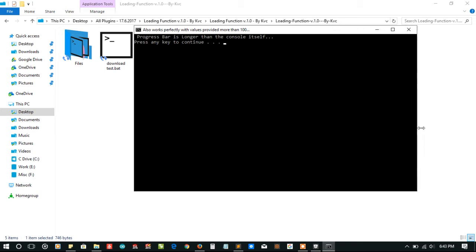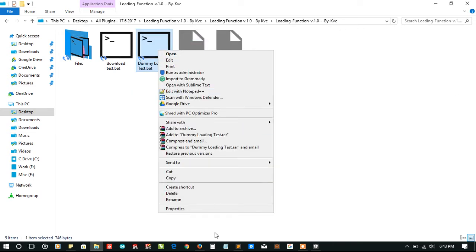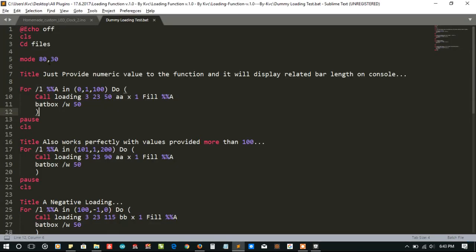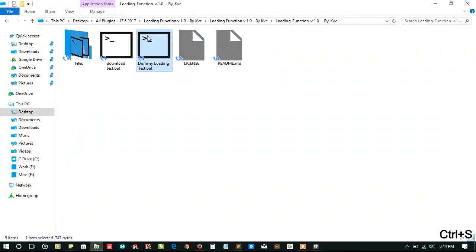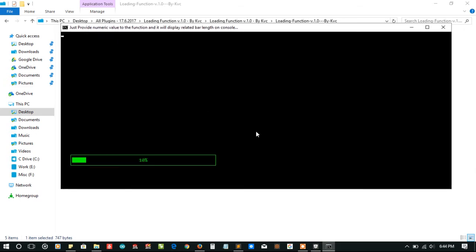So the progress bar is longer than the console size, so I think I need to make it 140,30. Save it, then run the file again. Okay, this time the bar is getting filled quite fast,